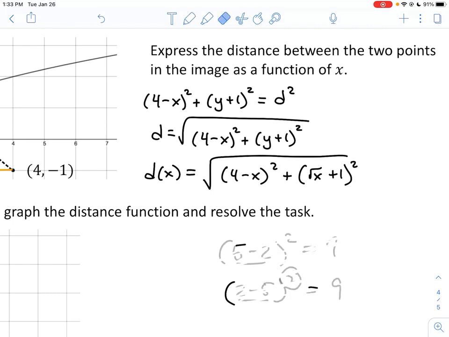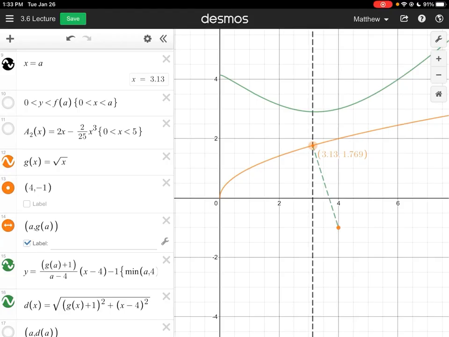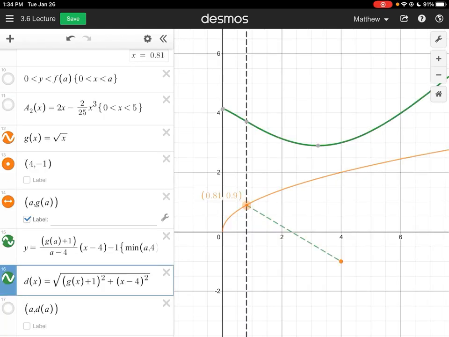So there's some freedom here in how you write this distance function. The fact that this is addition right here means that you could swap these two expressions. So there's lots of freedom here as well. This square root of x, I'm calling it g of x in my programming over here. But g of x, as you see described up in orange, was defined to be square root of x. So anyway, I've graphed my distance function. It's in green. If you click on the green graph, it'll automatically find the lowest point for you. And it's saying